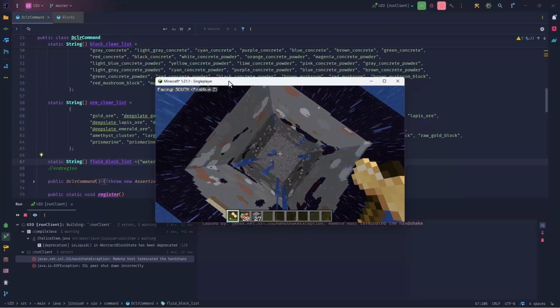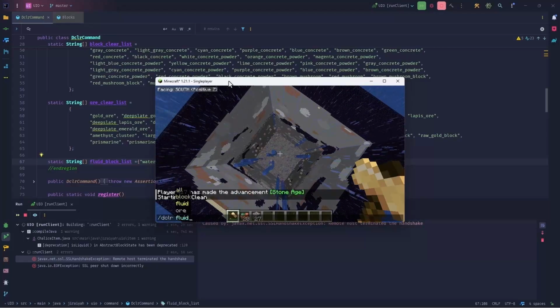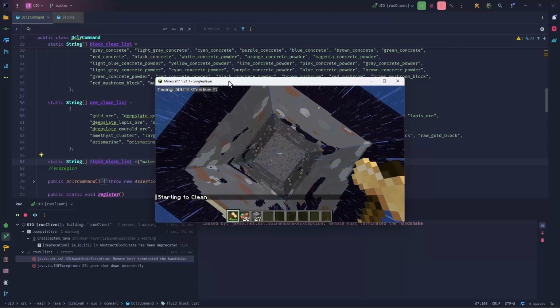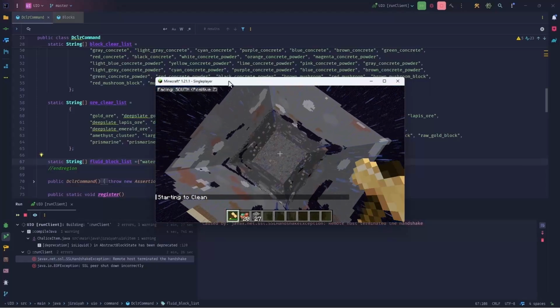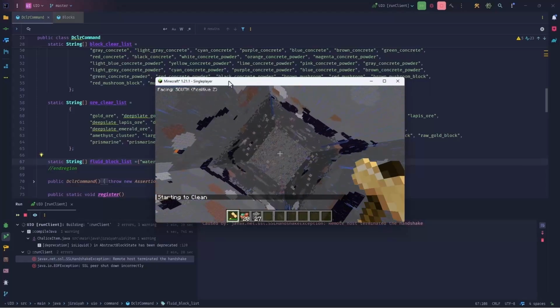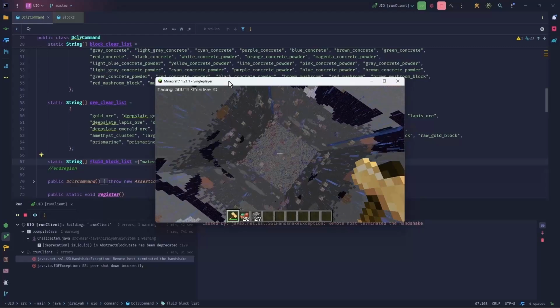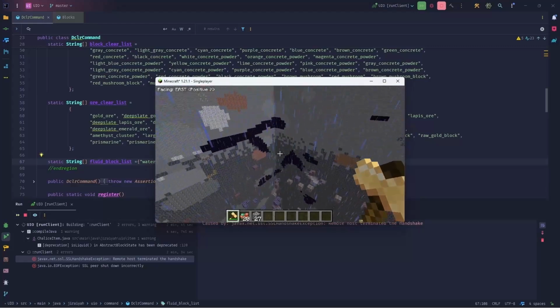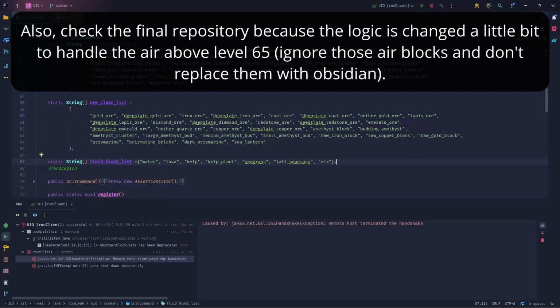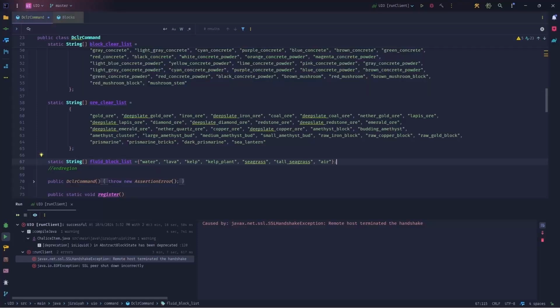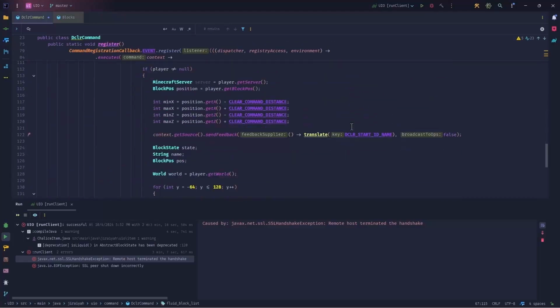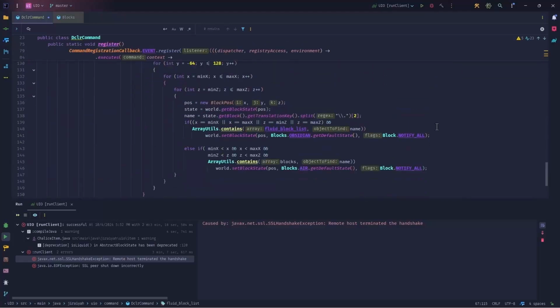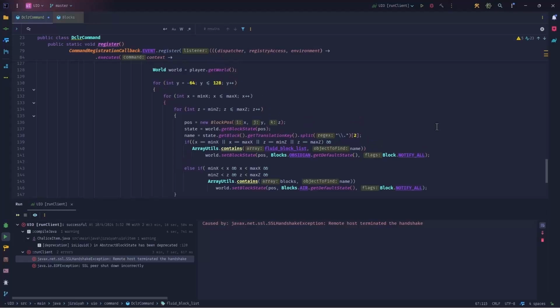If I want to, I can do fluids once, and you see that now the water is gone. And the whole point was that I wanted to see the ore distribution around the perimeters, and as you see, it's working properly. So the last order of business was to add the air into the fluid block list, and now this whole command situation should work properly as intended, as the way it should have been written a long time